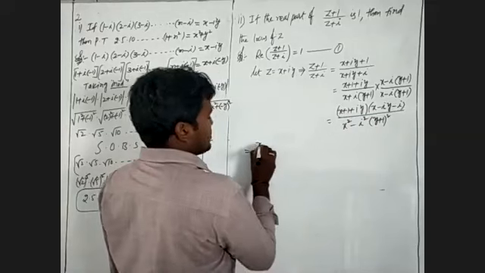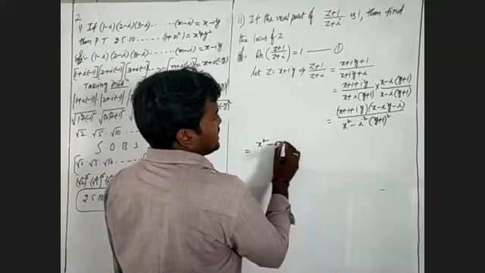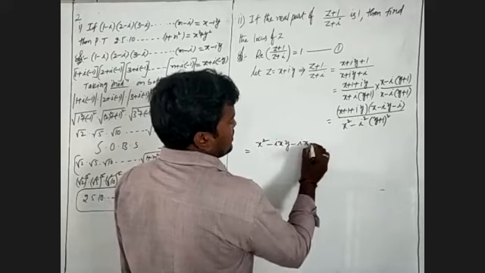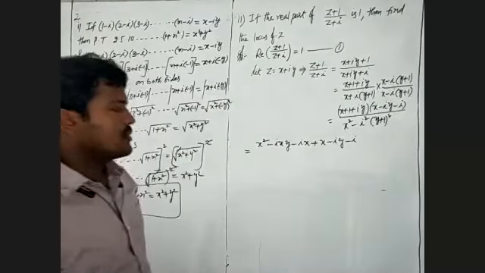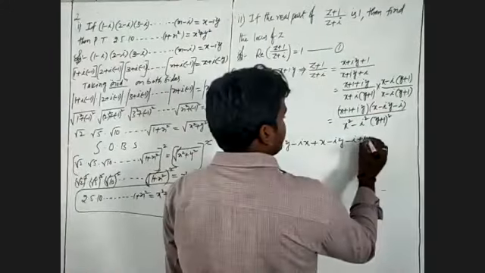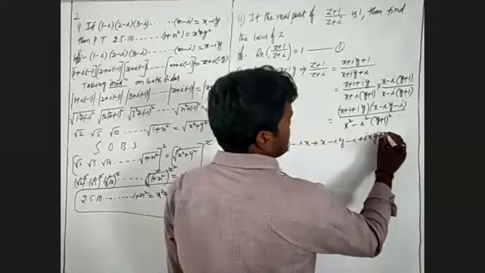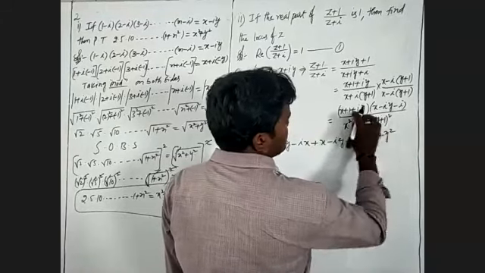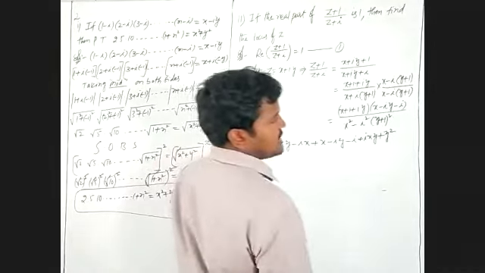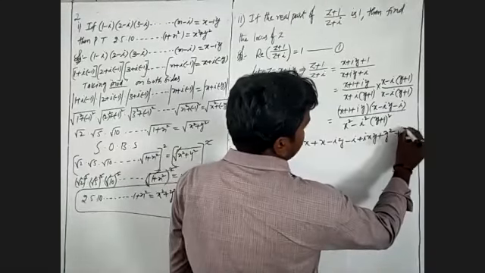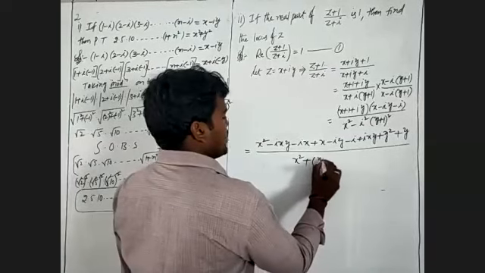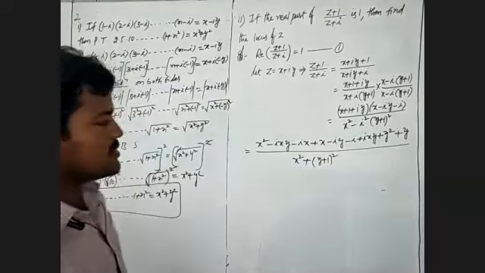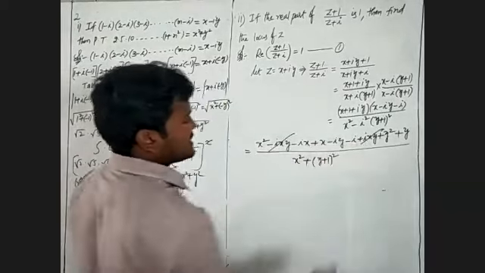x into x is x square, minus i into xy, minus ix, plus 1 into x is x, minus iy, minus i. After that, iy into x is nothing but i into xy. i into i will become i square, which is minus 1, minus into minus is plus y square. Remaining, plus into minus, minus i into i is i square, and i square is minus 1, minus into minus is plus y. The denominator is x square plus (y plus 1) whole square. Here we will observe in this one that minus ixy and plus ixy will be cancelled.